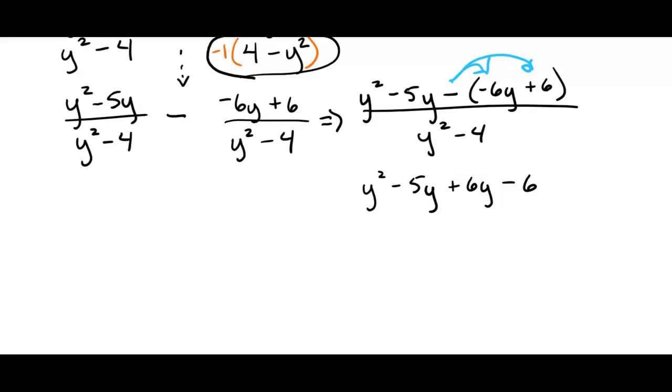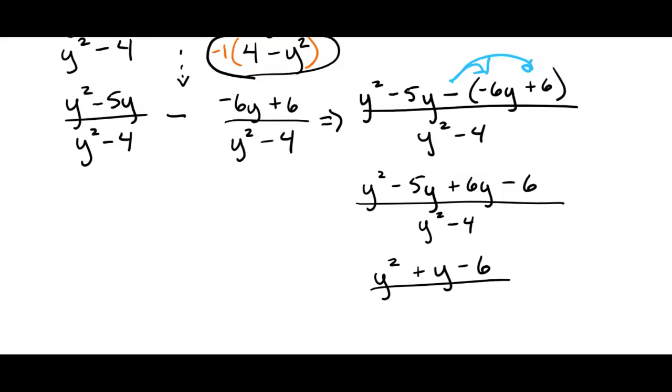Now, if you're thinking to yourself, well, didn't I just multiply by -1 and now I'm doing it again? Yeah, yep. There are ways around that, but it just gets tricky to explain and follow, and you might get confused doing it a different way. Okay, denominator is y squared minus 4. So then in the numerator, if I simplify, I get y squared plus y minus 6 all over y squared minus 4. So it's looking good.